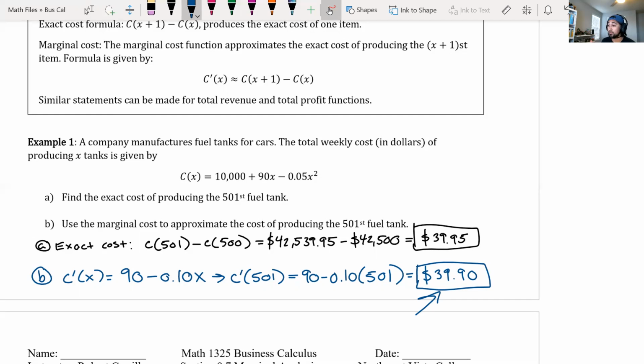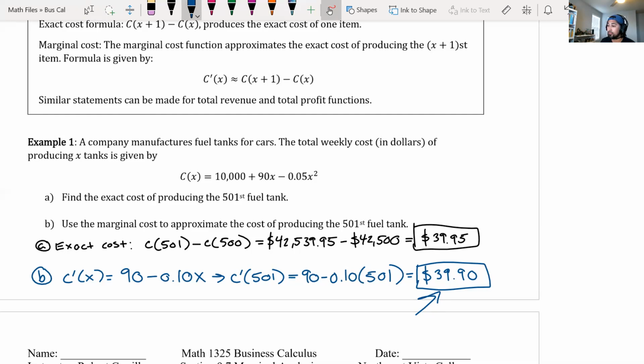If it's positive, it must be increasing. So that's why we need a marginal cost or a marginal revenue or a marginal profit. Because the derivative says that at exactly one single x value, at exactly one point, you can find the slope. So if this is marginal cost, we're saying that at the 501st fuel tank, cost is increasing by